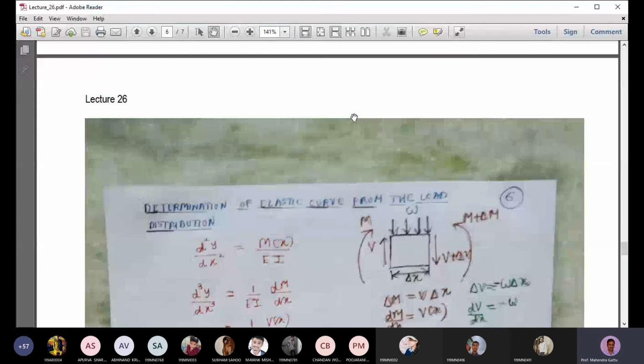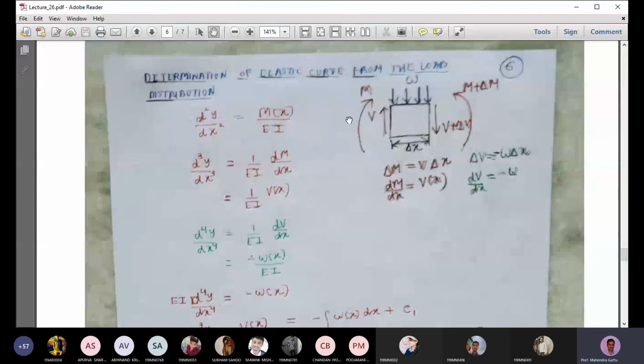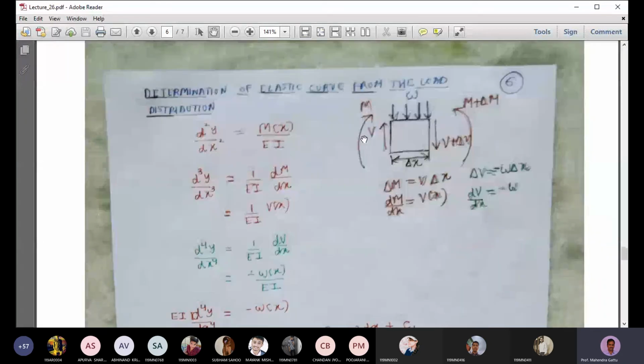Now we'll just discuss how to find the deflected shape when the beam is subjected to a continuous distributed load. So the beam is subjected to a distributed load, and there are no intermediate point loads. We are having only a distributed load acting over the entire beam. In that scenario, how do we modify that differential equation? We can get more insight by looking at that differential equation one more time. So we have d^2y by dx^2 is M of x by EI.